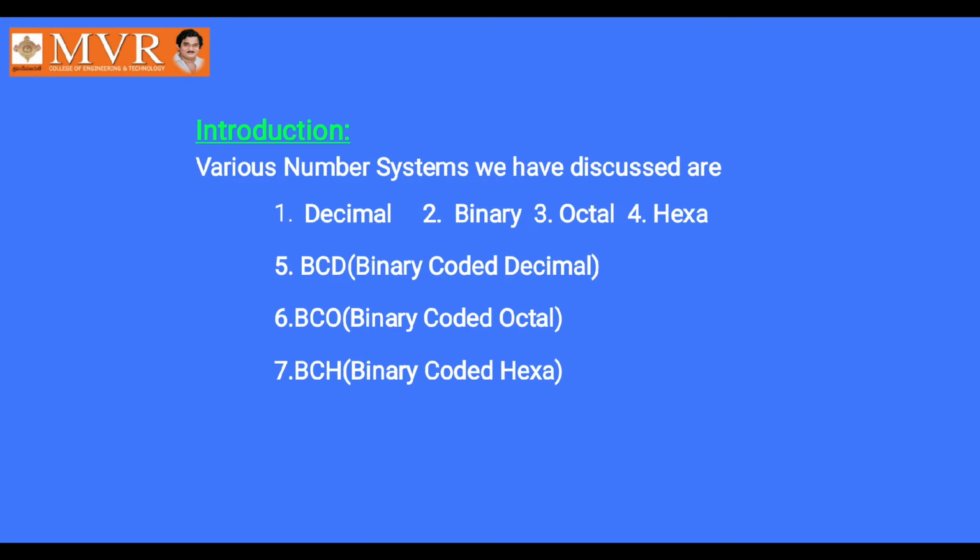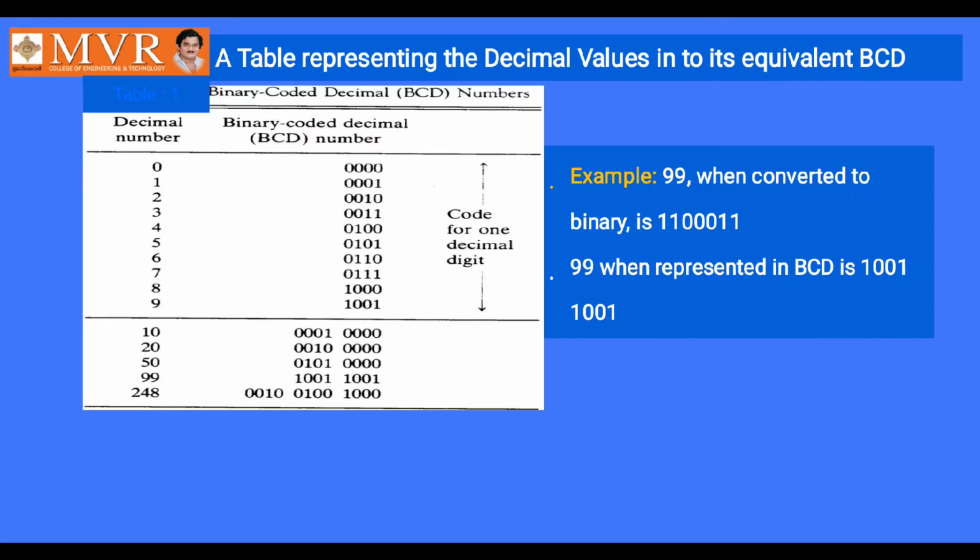In previous sessions we have already discussed various number systems like decimal, binary, octal, hexadecimal, binary coded decimal, binary coded octal, and binary coded hexadecimal. We also discussed number system conversions, how to convert from one base to another, and additions and subtractions using complements. But just to have an overview, let us see these BCD, BCO and BCH codes once again